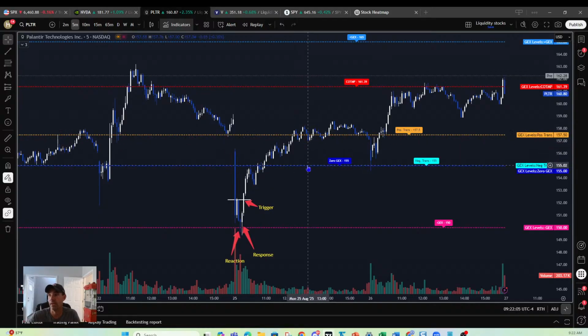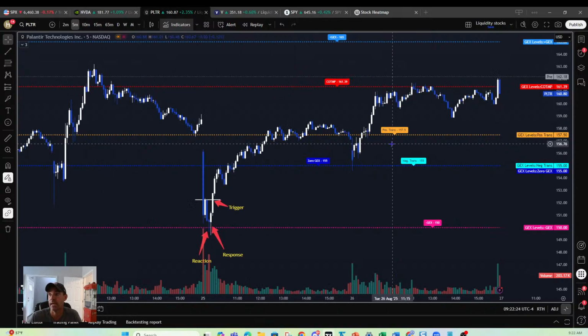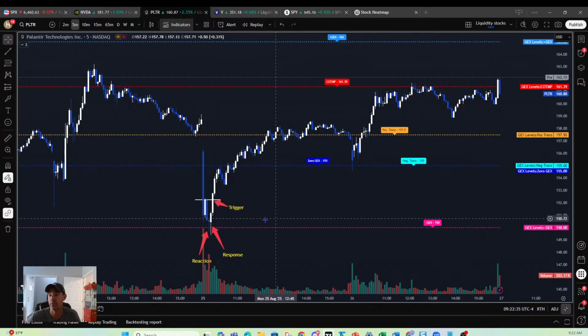This would have been a nice trade here, 155 to P-Trans. And then we saw the pullback yesterday right to zero GEX, that balance point, an opportunity to get involved again at that point and manage your risk appropriately, and then a bounce up across P-Trans. Then you just see how this accelerates as we cross that positive transition point and really start entering that full call speculation, positive gamma, call-dominated structure, and then it's just a quick move to the upside. So these are the areas we really want to capture, zero GEX to P-Trans.